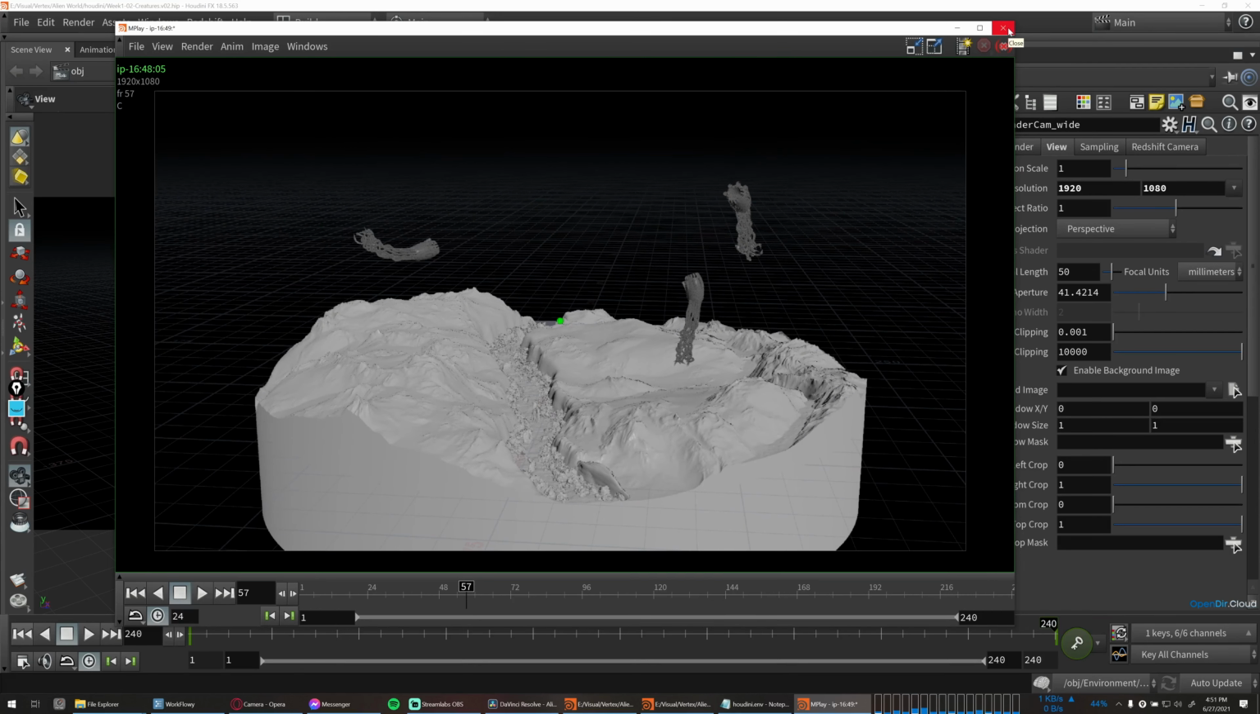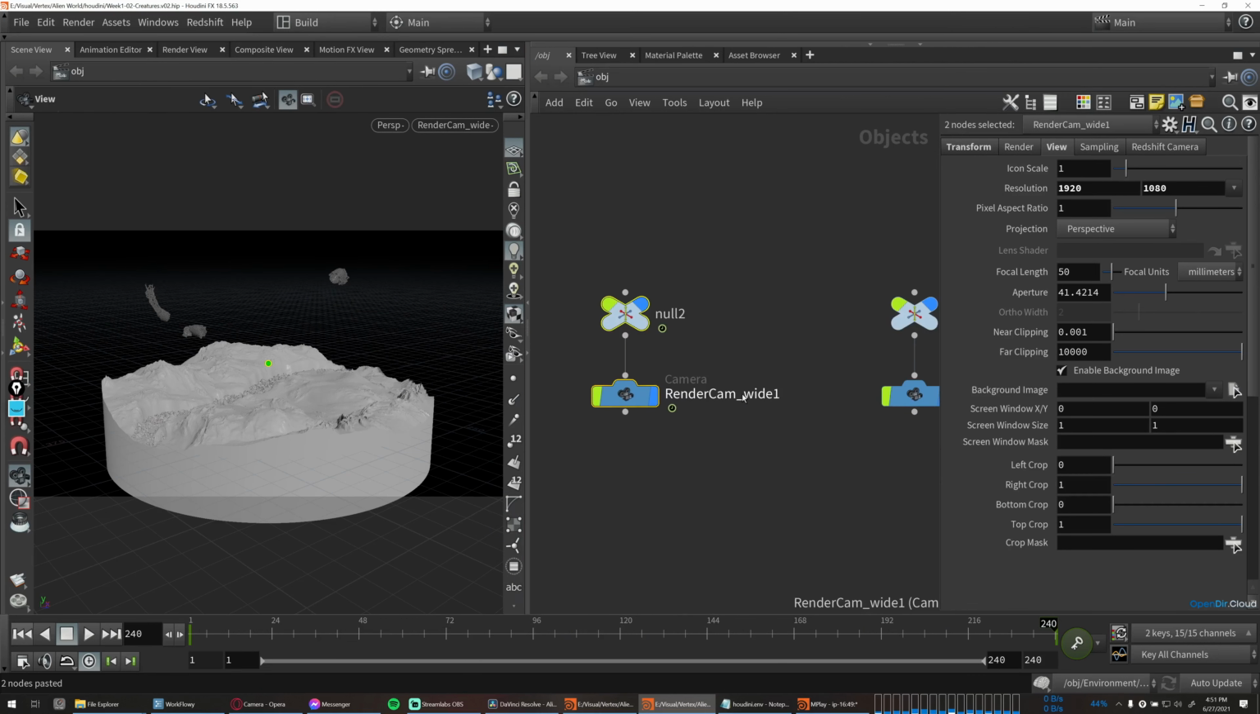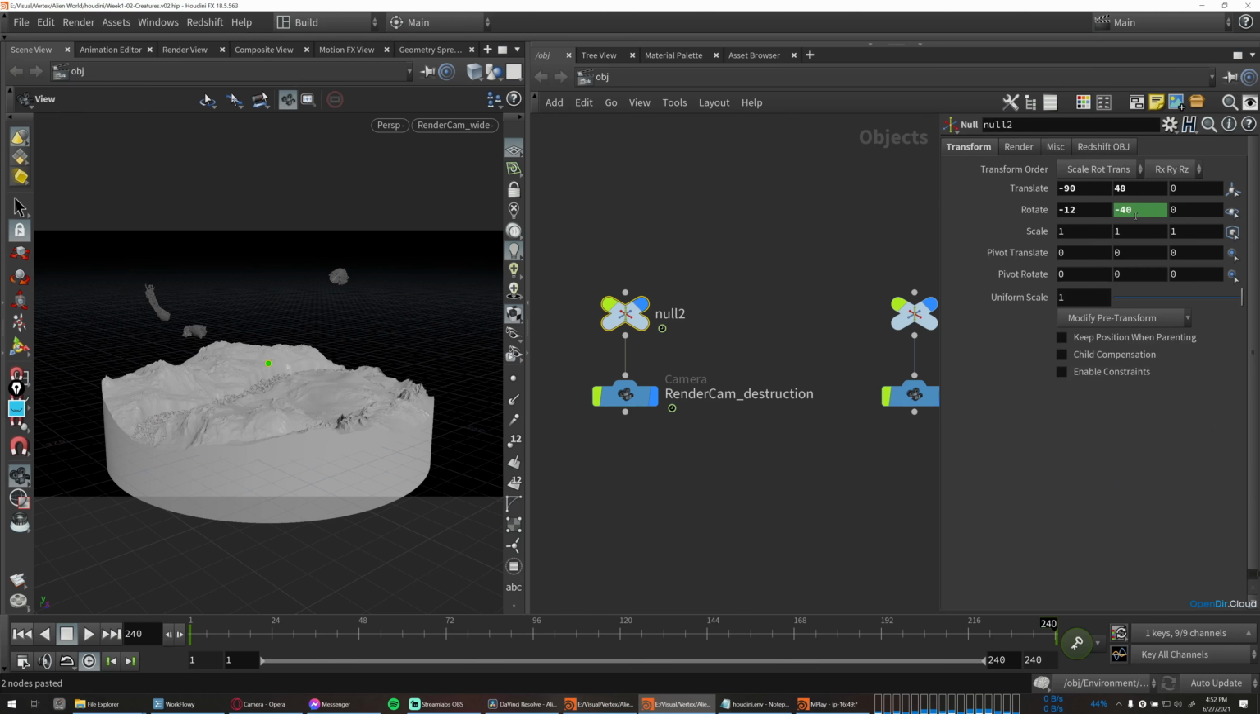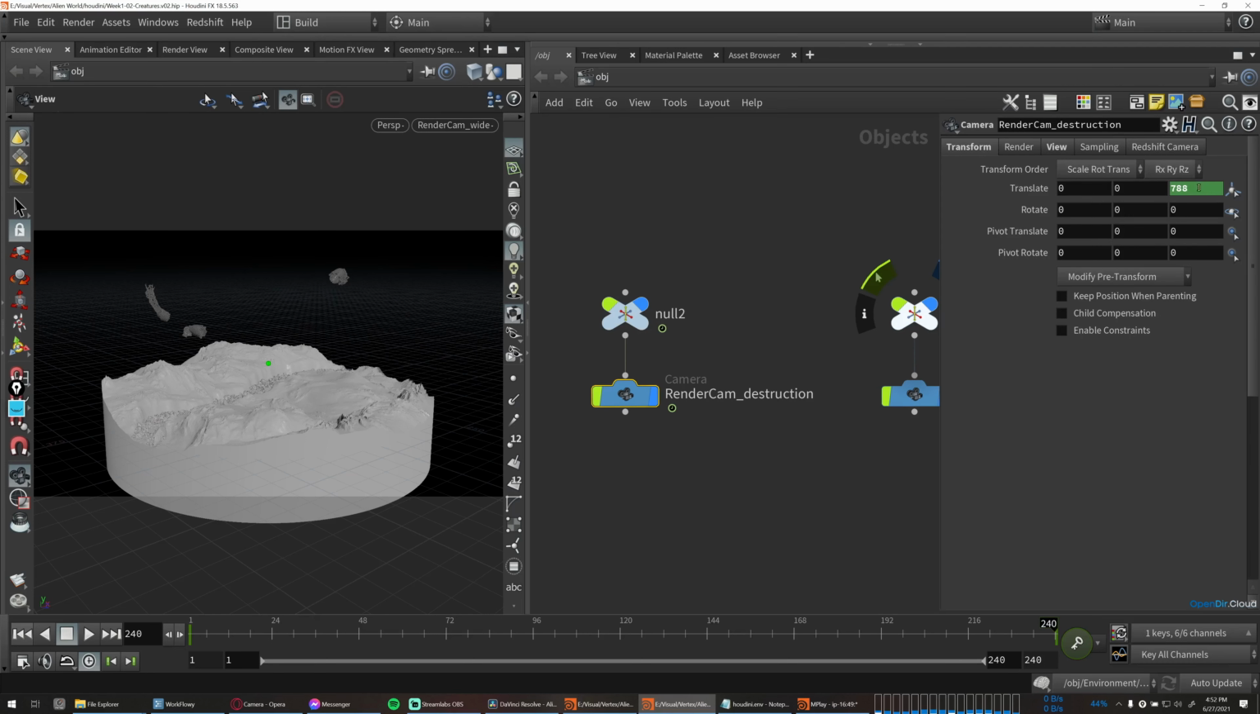So now that we have this basic turntable set up, if you want to recreate this for other shots, an easy way to do that is to just duplicate your existing setup here. So then when we, for example, want to do the destruction cam, we can rename this to destruction, and then all you have to do is just set some new keyframes on your rotations, position the null differently, re-keyframe the Z transform on the camera,